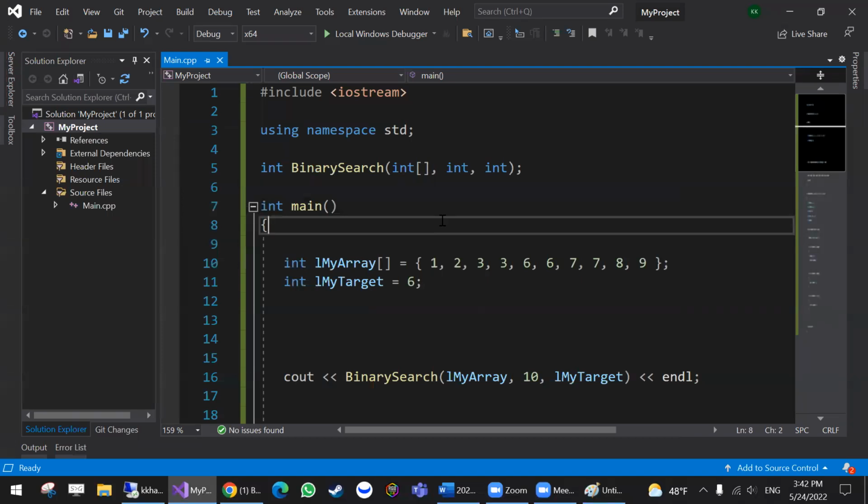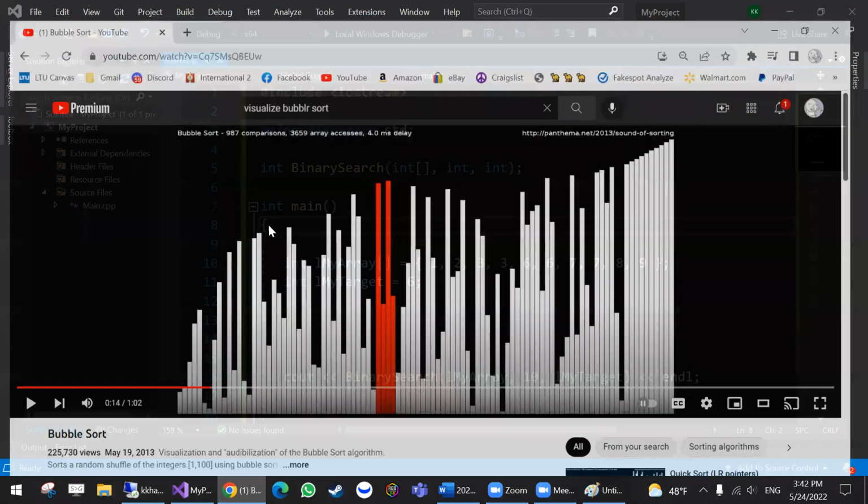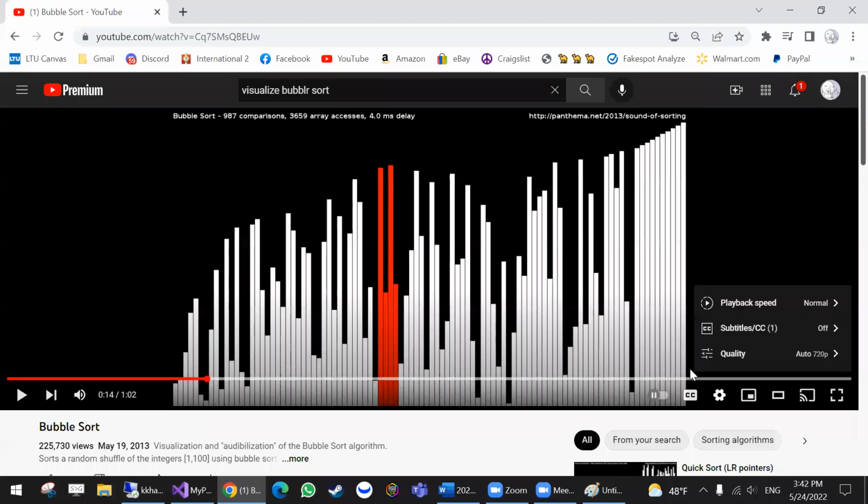Of course, we have selection sort. So selection sort, my friends, keeps track of the index on each iteration. It's similar to a bubble sort, but on each iteration, it keeps track of the index. And instead of swapping every two together, it just swaps with the end, with the last item. You see here, back to this. If I slow it down,